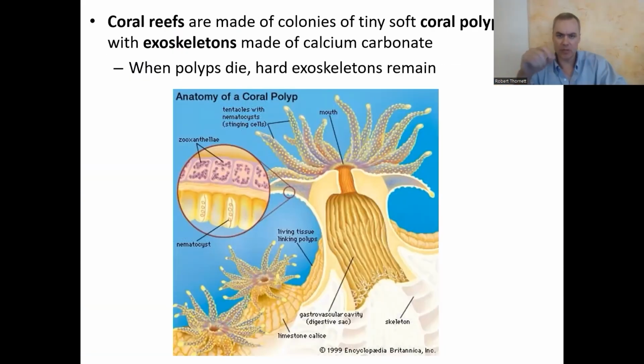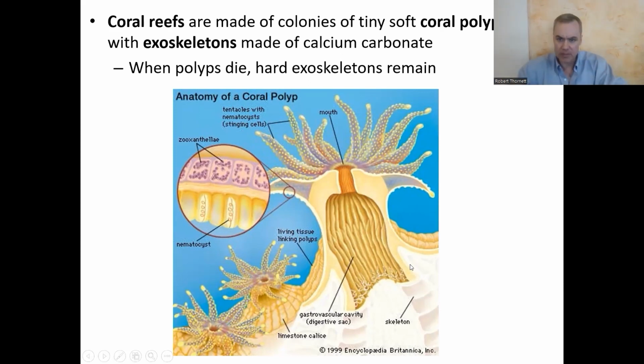This is zooming in very close. Basically, coral is built around these little coral polyps, these squishy, soft polyps, which, unlike humans who have an endoskeleton, where the bones are inside and the soft stuff on the outside, the coral has the soft stuff on the inside, and the exoskeleton is the hard outer skeleton of the coral.